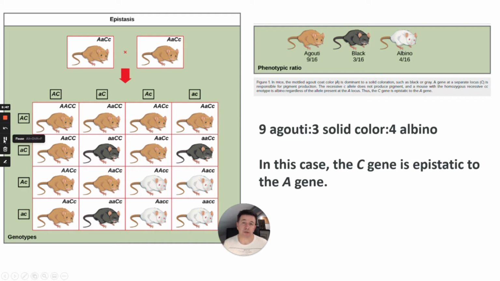Okay, I'm going to go through a couple of exam questions now, so this will help you understand the principle behind epistasis, although I'll be honest, these questions also contain information about sex-linked genes as well.